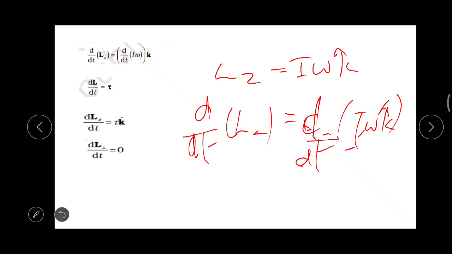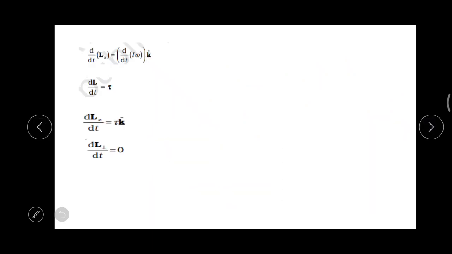Here I is a constant, so taking I outside, d omega by dt is actually the angular acceleration alpha. So the equation will become